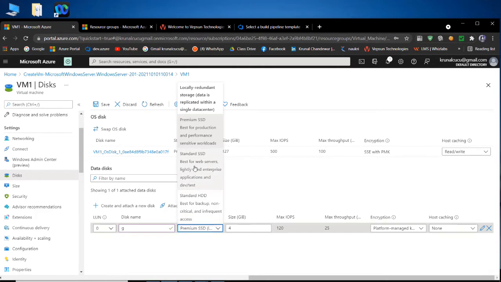SSD is more costly compared to HDD, and premium SSD is more costly compared to SSD, and it gives you the best option.